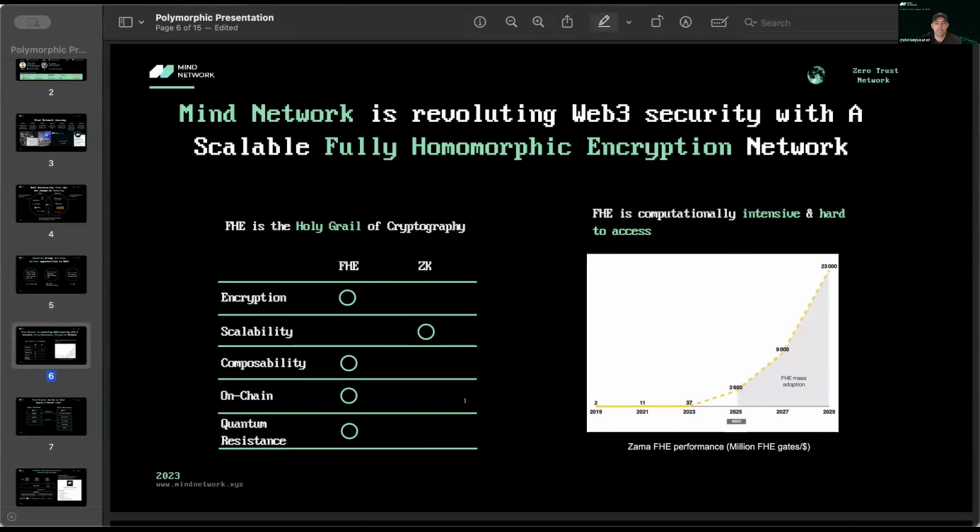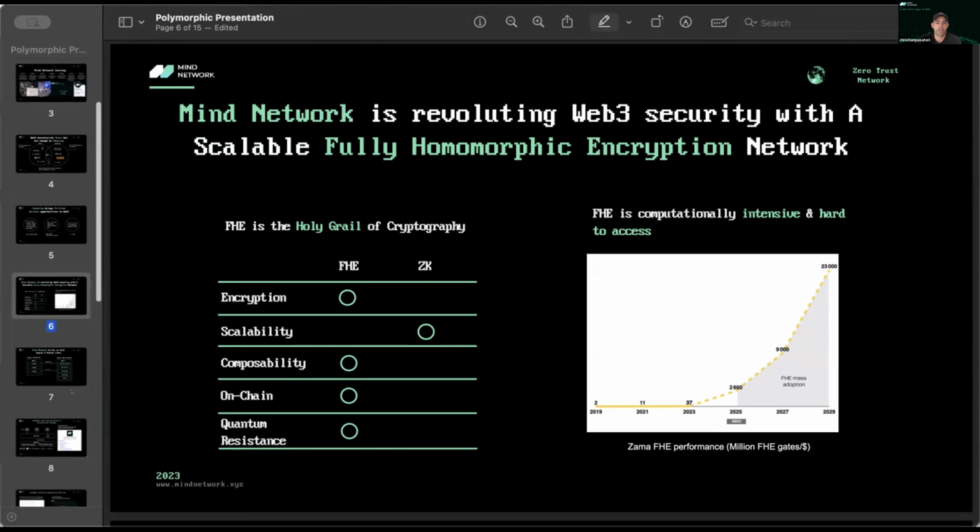But in terms of the composability and the real feature that we think FHE is bringing to Web3, it's on-chain computation. That's the big one. ZK in Web3 has the issue of basically putting the proof on chain, but the actual computation happens off chain. So there's a trust assumption there. With FHE, we can actually bring that on chain, which solves a really big problem and will increase